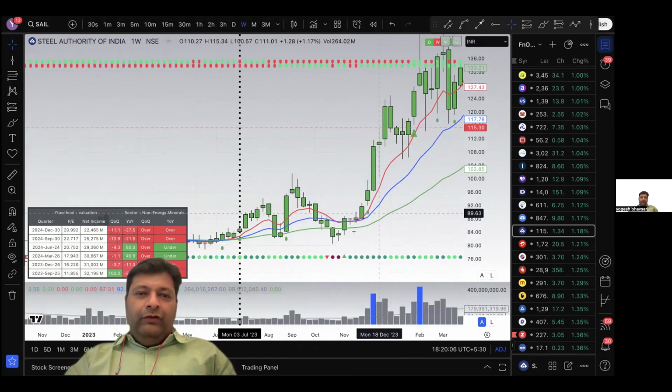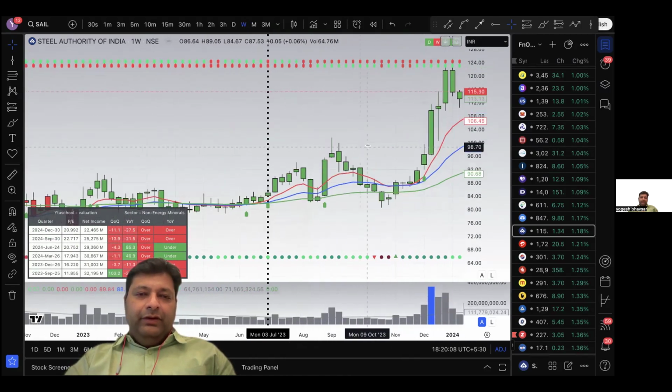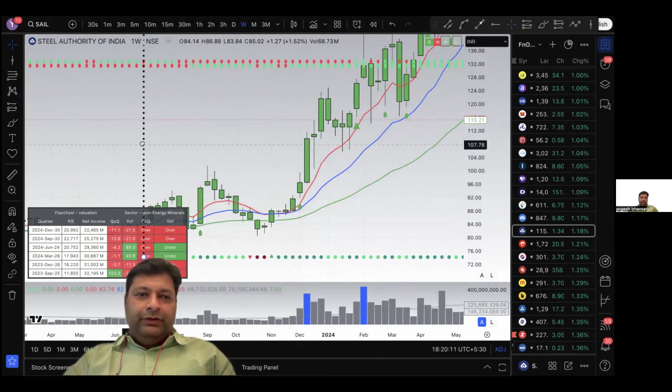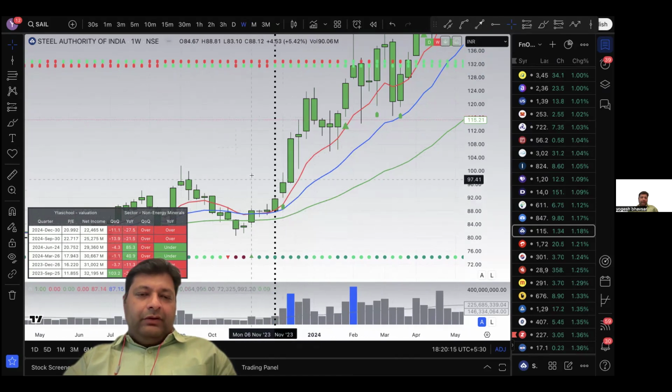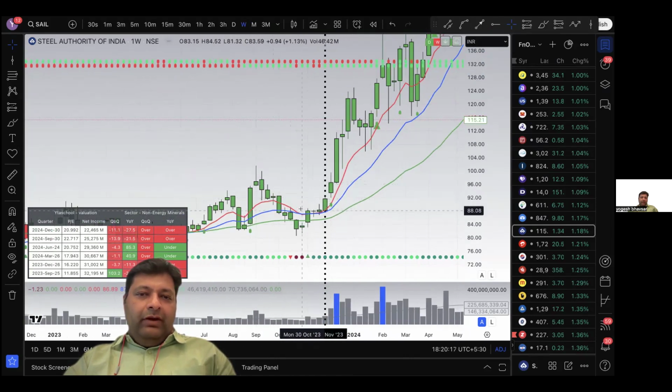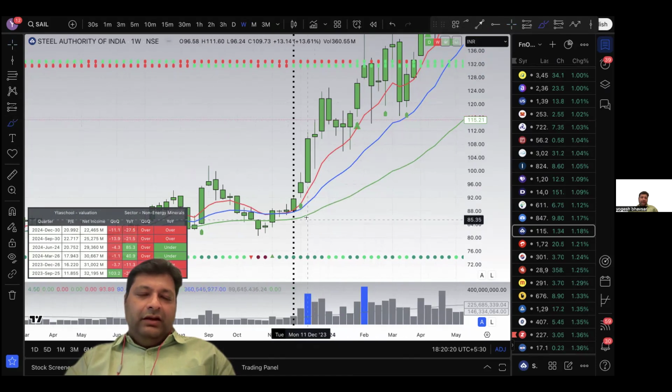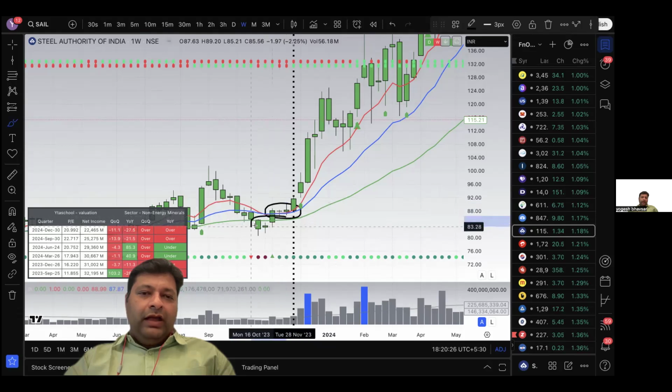Sorry. On the weekly time frame, when this candle turned green, not here, here. What happened? The stock came down. We had a nice 9 crossing over 21 EMA. Both the EMAs are above the 55 EMA. We have a dark green dot over here at this candle, and one indicator, that is the relative strength, converted